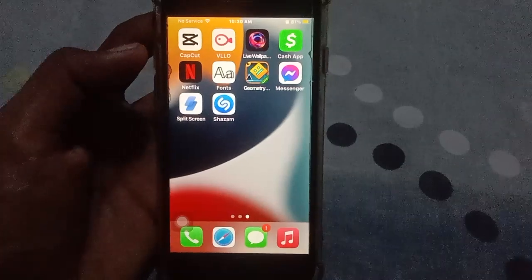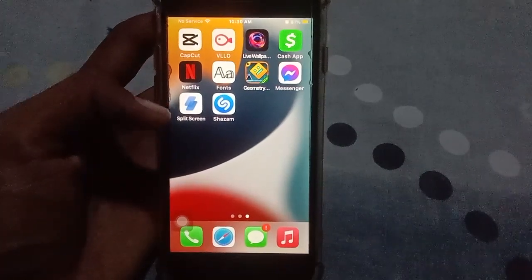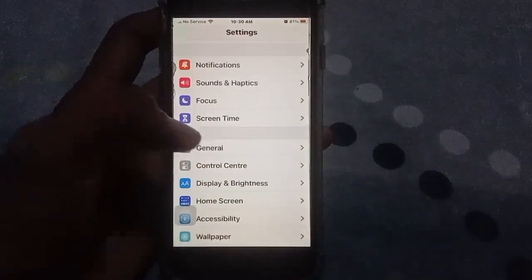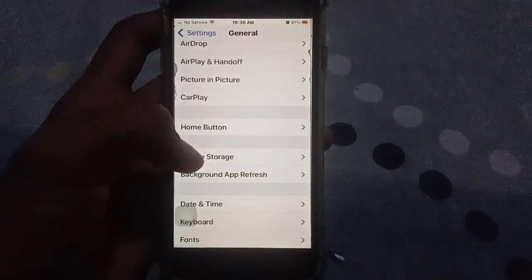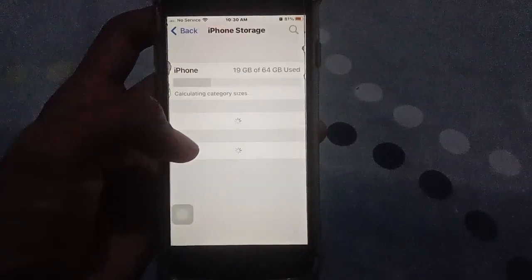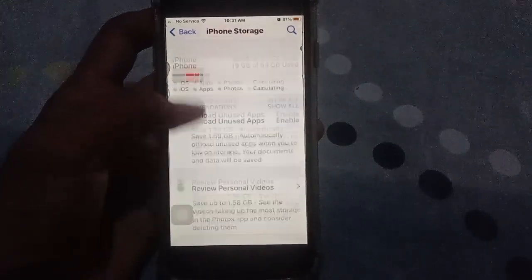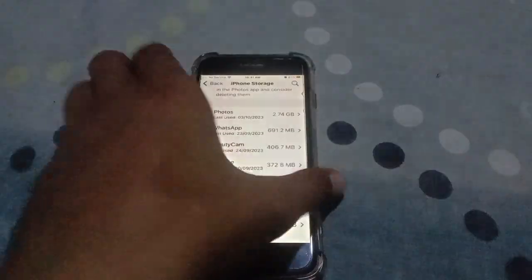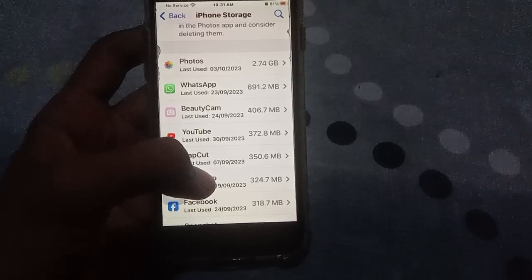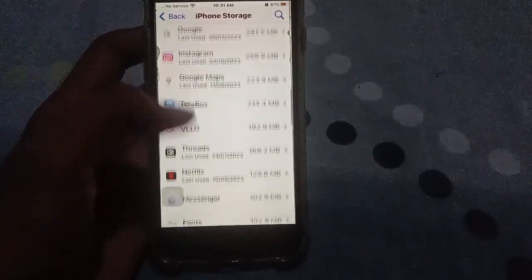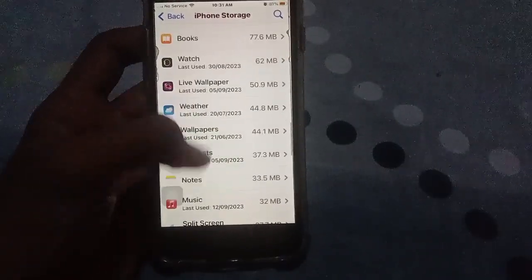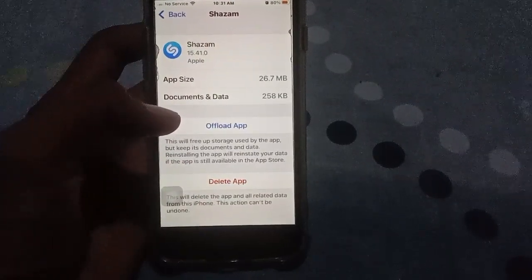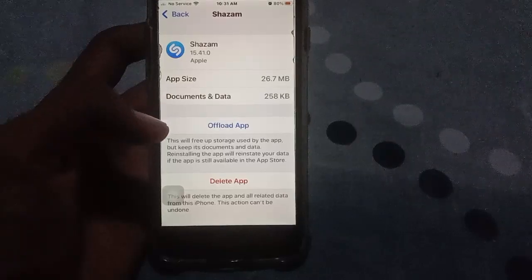Another solution is to reinstall. Open the Settings, click on General, scroll up, then click on iPhone Storage, then find the Shazam app. Check from here, click here, then click on Offload, wait a few seconds, and then